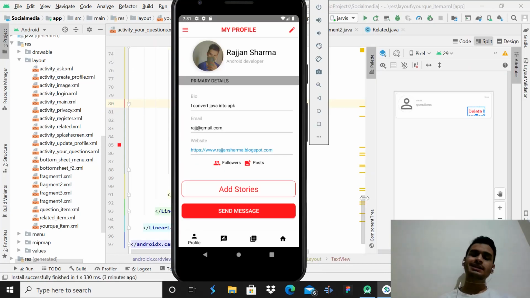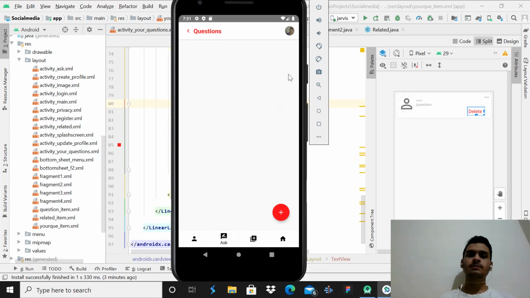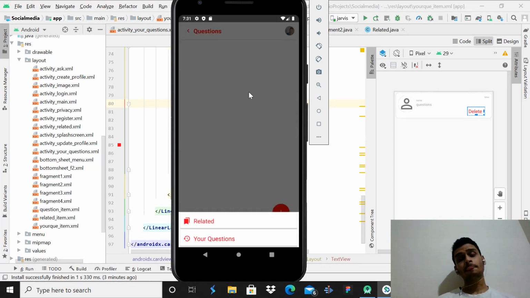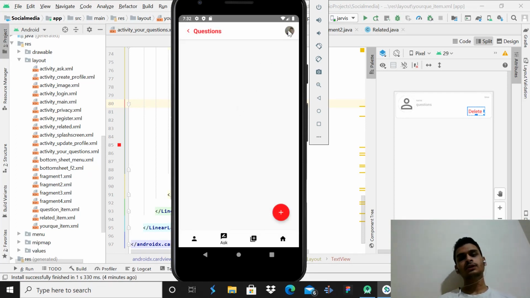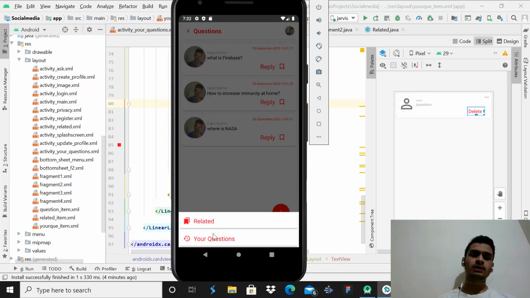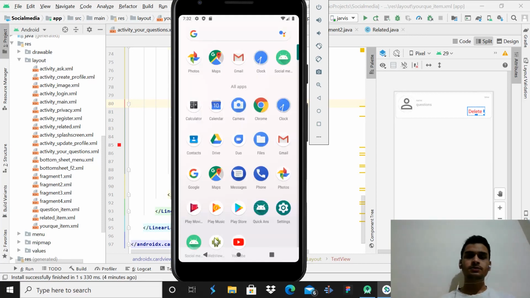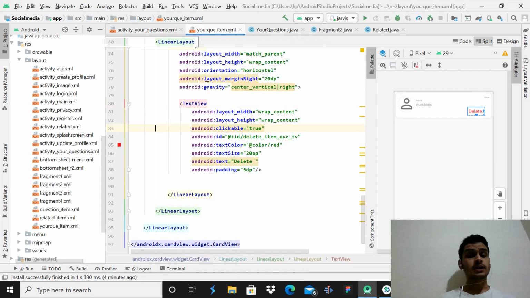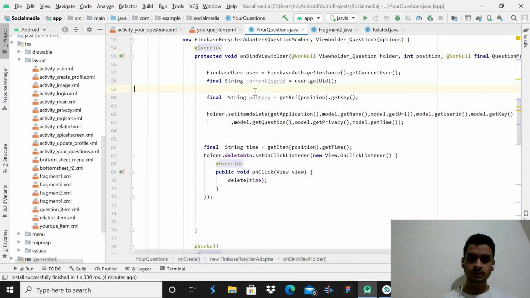As you can see, the app is running absolutely good. After this, I will open this fragment 2, and I will click on this image view, and then I'm waiting for the questions to retrieve here. Then we can proceed, and that is because my Wi-Fi is slow. So the question is retrieved. Then I will click on this. Then we will go into your questions, and oops, you can see that the app crashed. Why did it crash? Let me open this your questions.